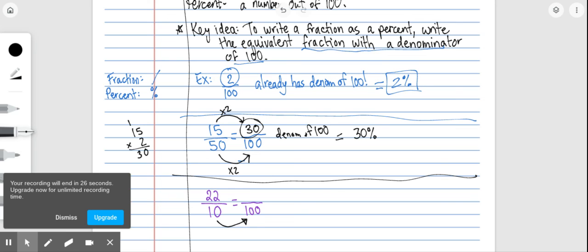So I start by going, okay, how do I get from 10 to 100? How many groups of 10 go into 100? 10 groups of 10 go into 100, so I multiply by 10. And just like on the one before, if I multiply by 10 in the denominator, I need to multiply by 10 in the numerator. So I do 22 times 10, which I don't know, so I'm going to do it over here. 22 times 10, 0 times 2, 0 times 2, placeholder 0,